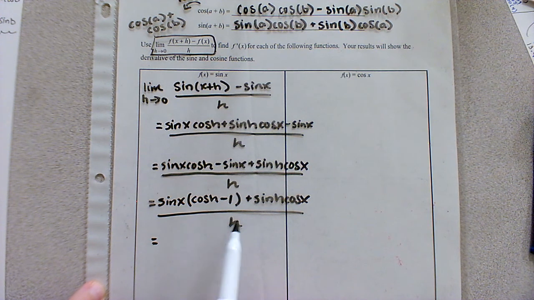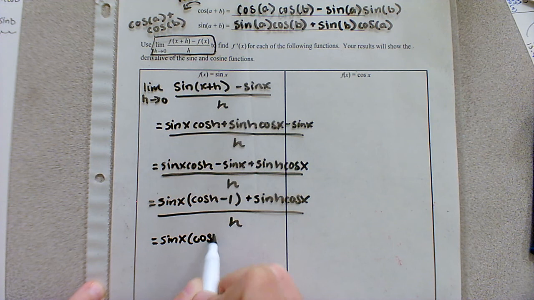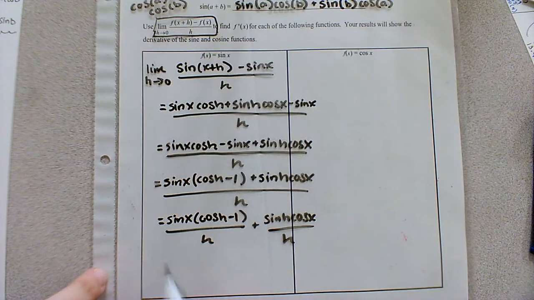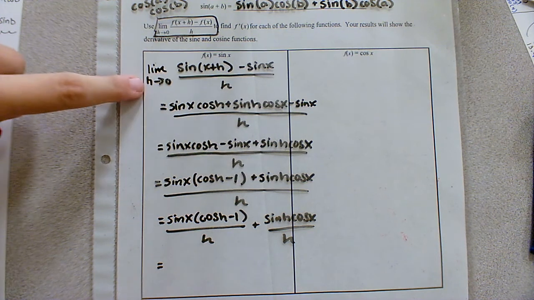So if you're dividing by one term, you can break up the individual terms in the numerator. So I'll have sine of x times cosine of h minus 1, and that's all over h. And then I can break up the other term over h as well. And if you take a look at what we have now, since our limit is going towards 0 for the